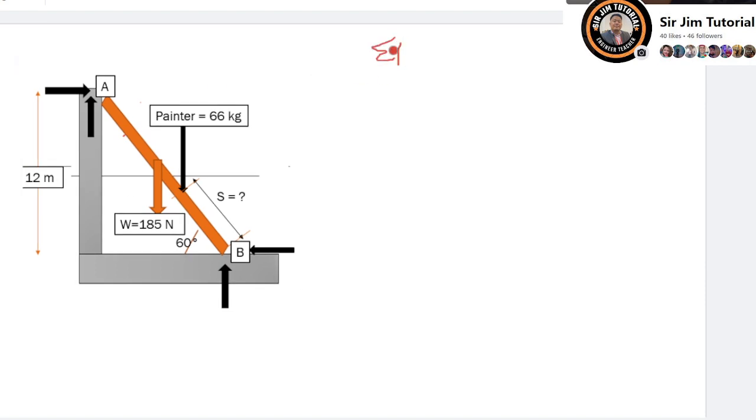The sum of forces vertical equals 0. What are again our vertical forces? You have friction here at A, and then here you have normal at B. All the forces going up are positive. Okay? So, what are the forces going up? First, FA, and then plus NB, and then this 185, which is going down, the weight of the ladder, minus also